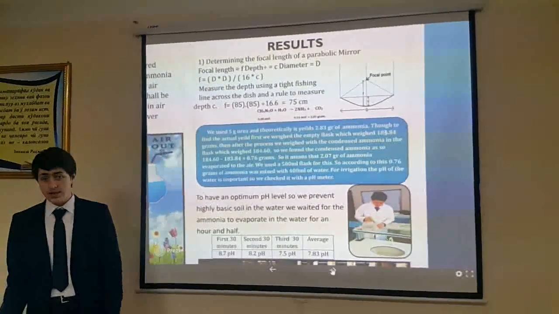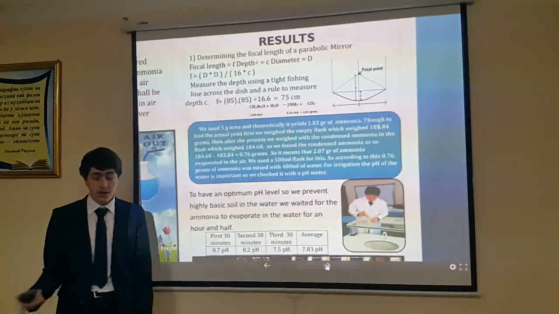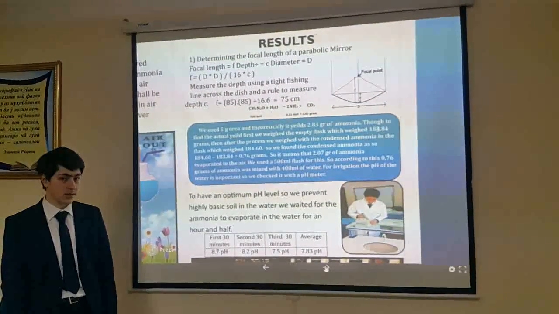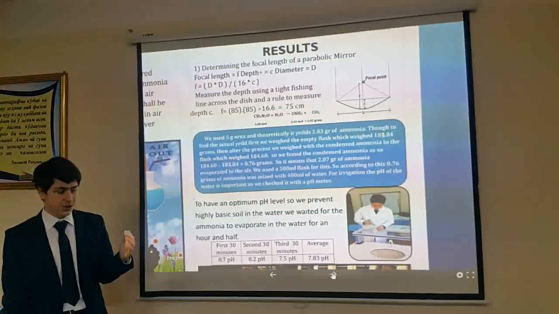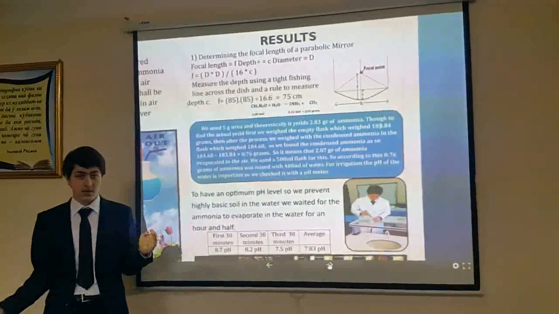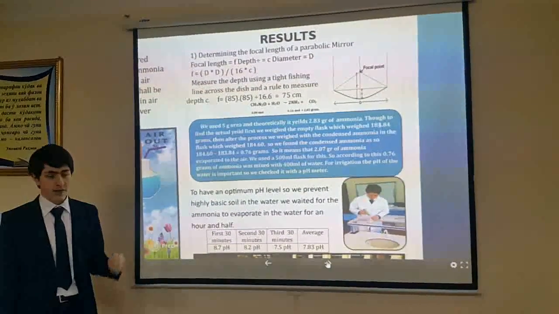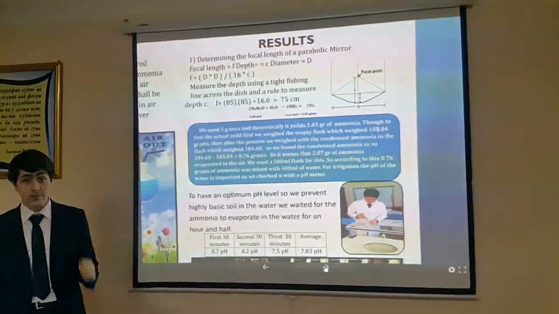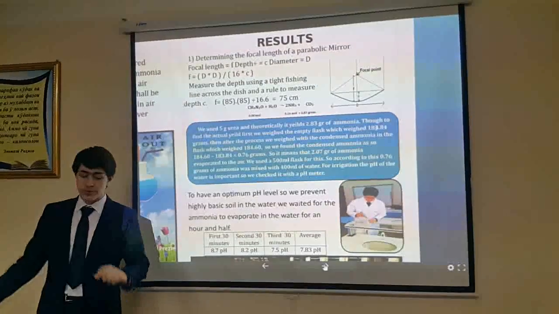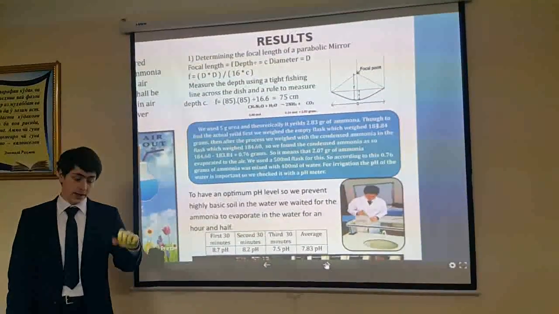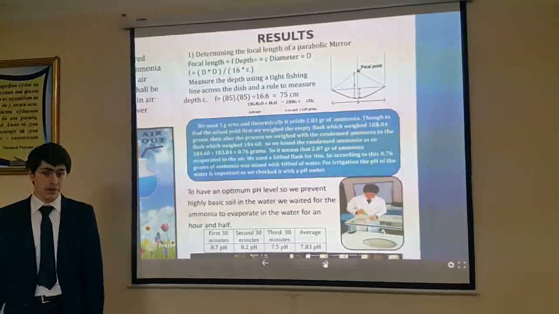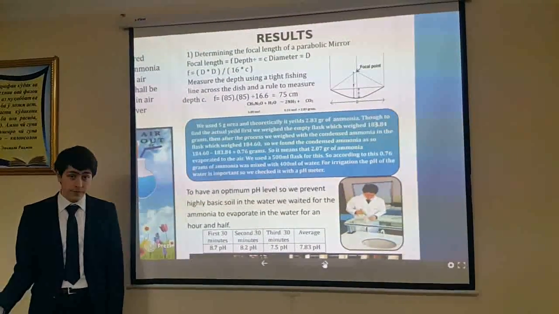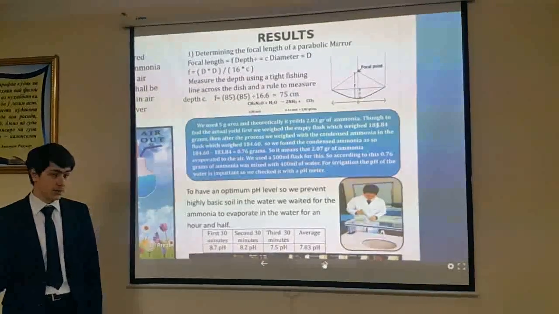But then there's another thing that we researched, because for irrigation, the acidity of the water is important. So we checked how much the ammonia affected the acidity of the water. We need to have an optimum pH level to prevent basic soil from appearing in the water. So we opened container number 2's cap and waited for the ammonia to evaporate from the water. In the first 30 minutes after we opened it, we found that the pH level with our pH meter